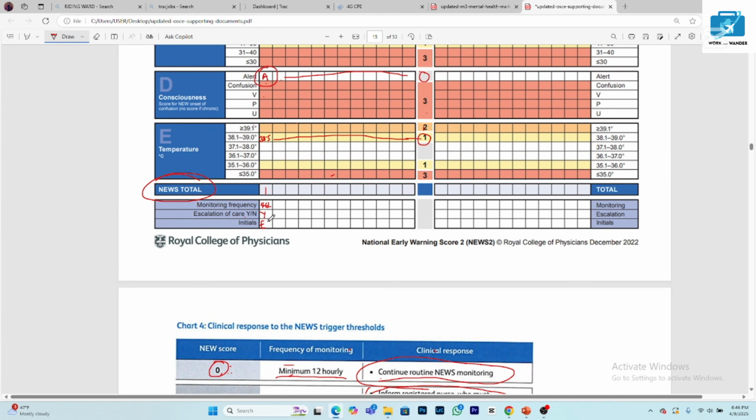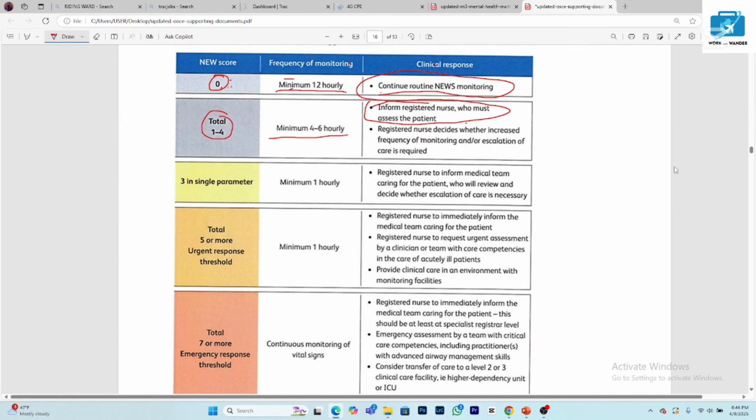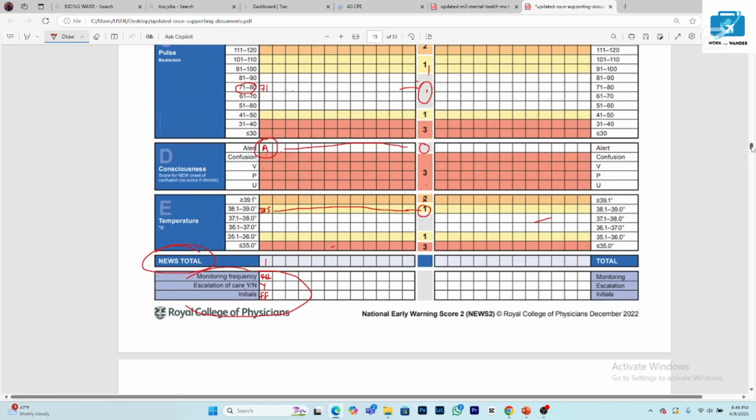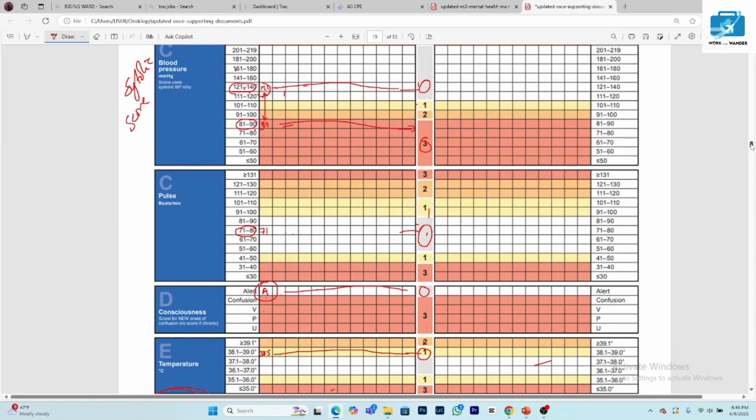And then of course I'll put my initials. So that is how the recording for this side would have changed if it had gone beyond 0. So anything beyond 0, the interpretation is at the back here. So for example, if I had 3 in any of the single parameters, what this means is that if for any reason I had, let's say, pulse. This time around, let's use the pulse. I'm going to clean this particular pulse. Let's assume that the pulse that I had was